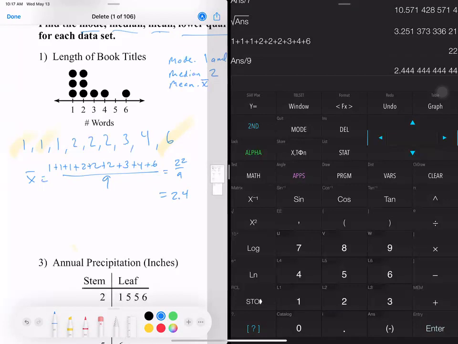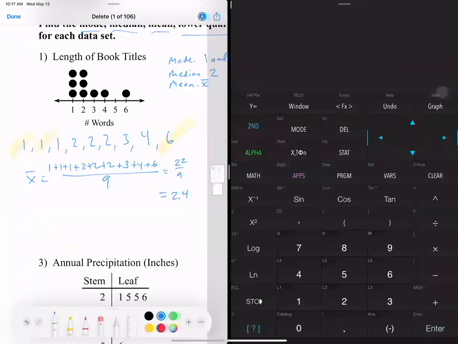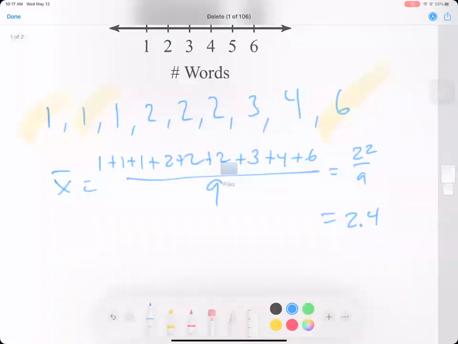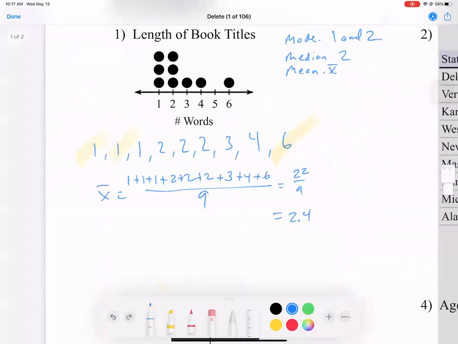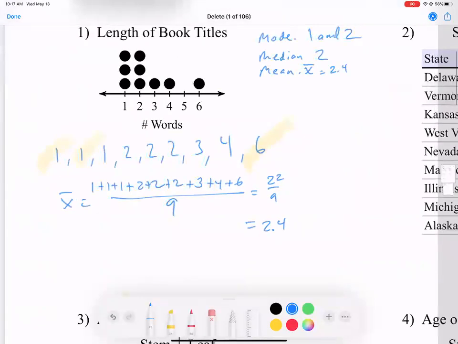Then we also have lower quartile and upper quartile. Remember, those are just the median of the lower half and the median of the upper half. I'm going to fill this out, 2.4. We said the median was 2 right here. To find the lower quartile and upper quartile, the Q1 and then Q3,